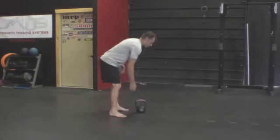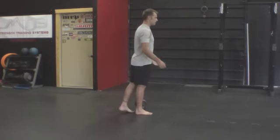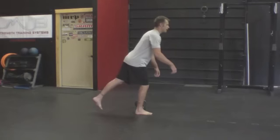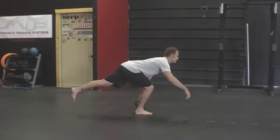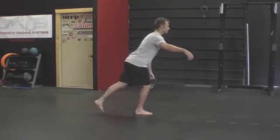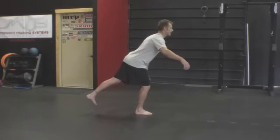One where you've got a weight on the floor. You can even start out with just body weight if you need to, standing next to it. What we're going to do is push the butt back, driving the heel of the trail leg back, letting the chest come down, finding the weight, driving through the heel, getting up to the top, trying to maintain our balance as we're doing it, coming back down,